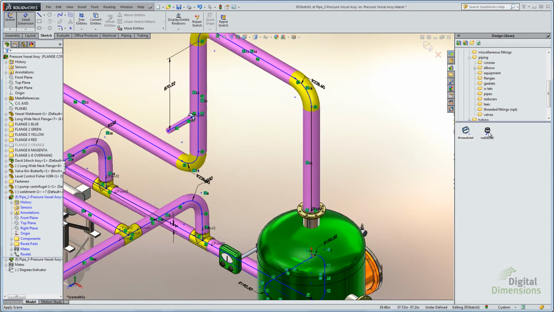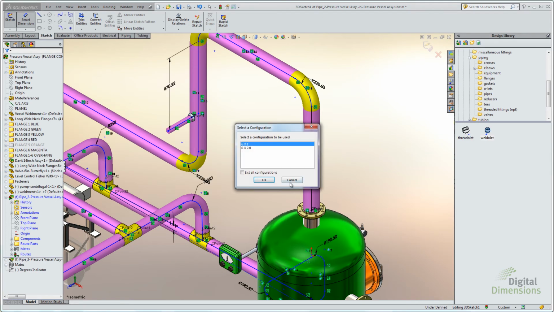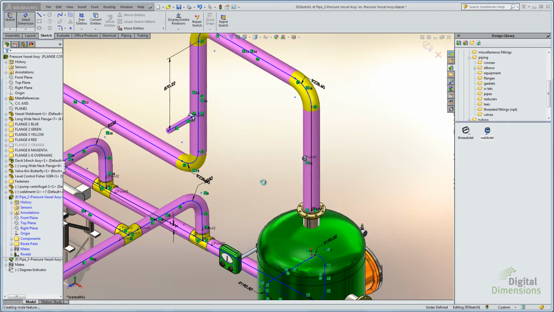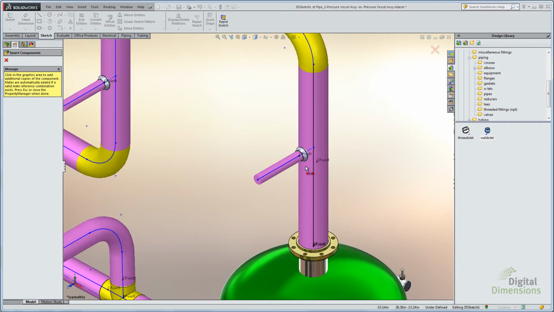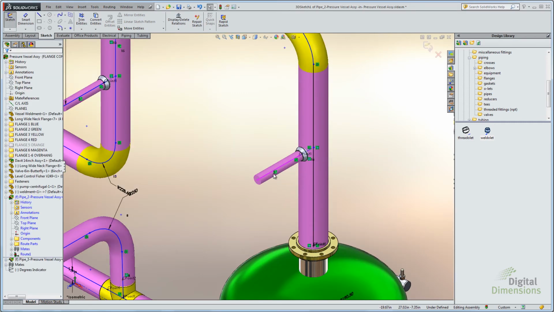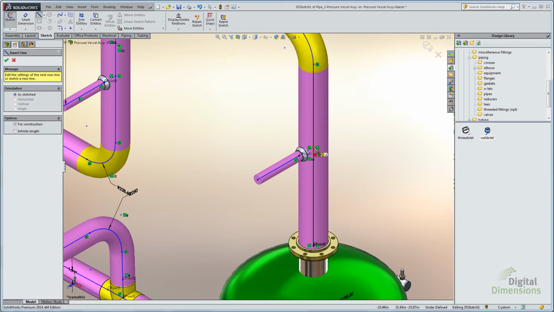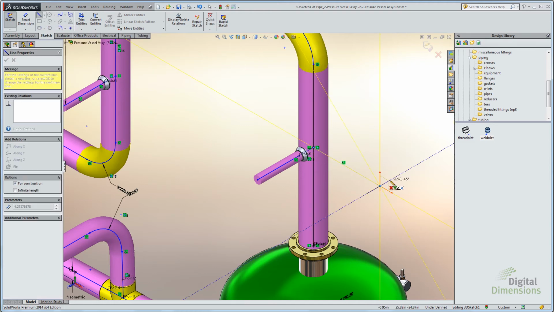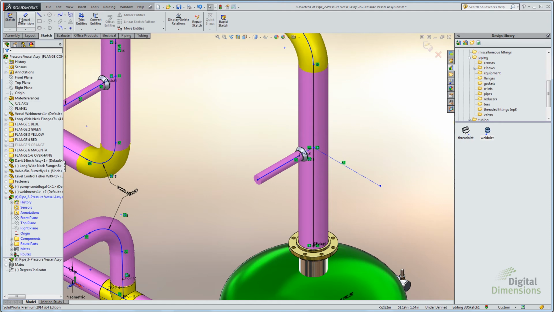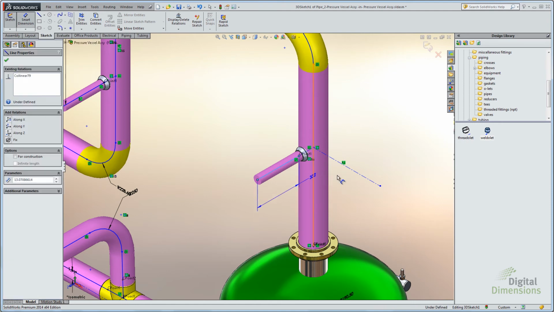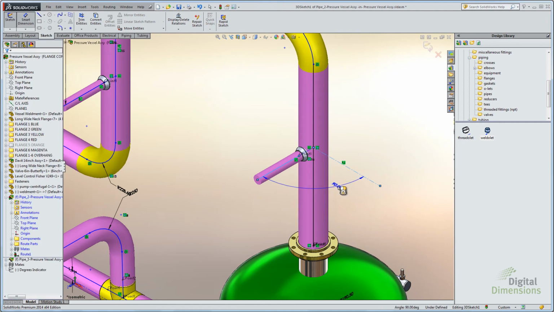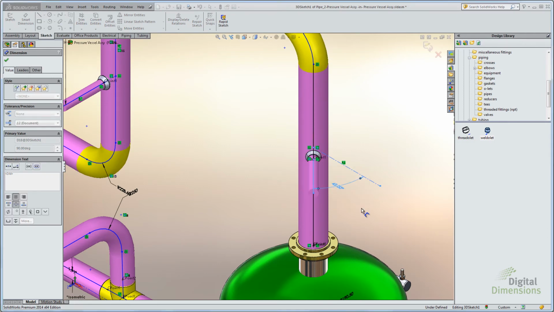I'll add another one over here so we can see it. So here I'll add a weld OLET. And when I add it, I'll pick a direction by clicking on tab. And now one of the nice things here is I can use an angular dimension. I'll remove the along Z relationship. And I recommend maybe putting in a center line here if you wanted to show an angular dimension. So here I'm going to use this center line to help me put this at a different